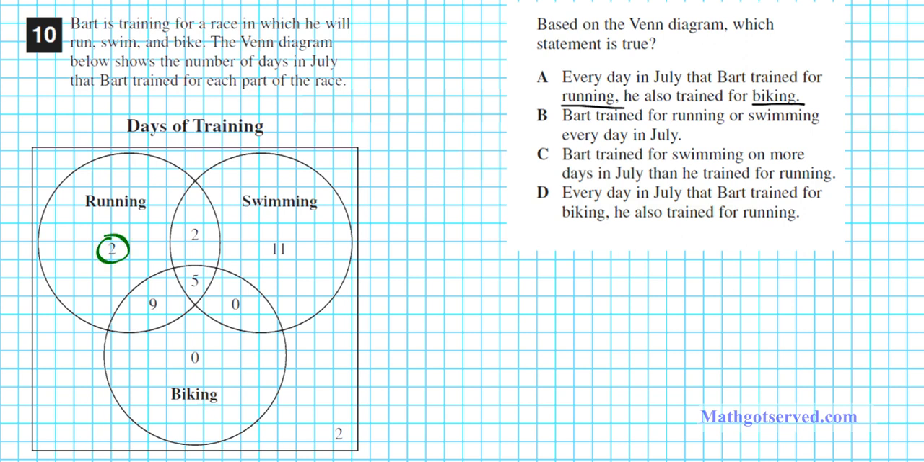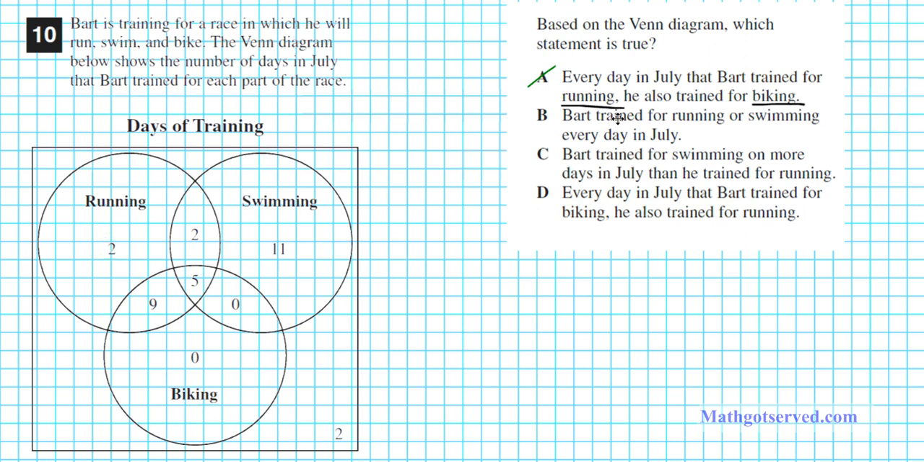We have 2 days that are running alone and 2 days that are running and swimming. So we have 4 days that Bart ran and did not bike. So this option is false. Okay. Now let's take a look at